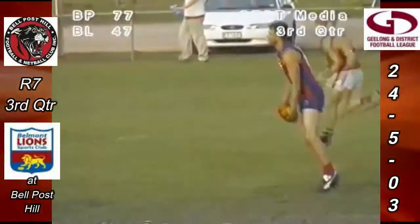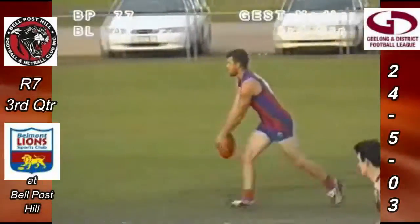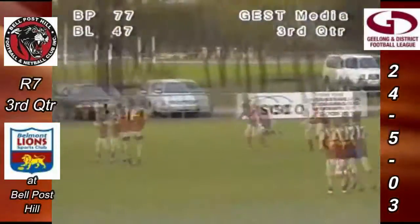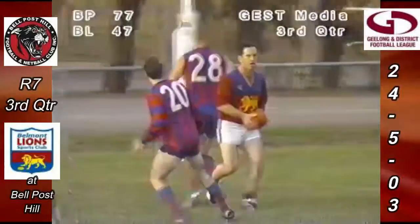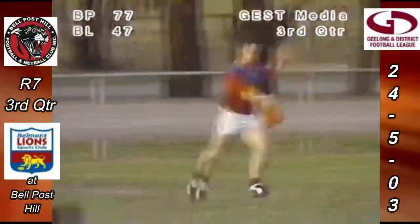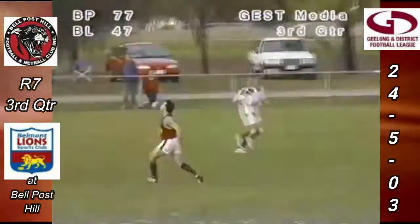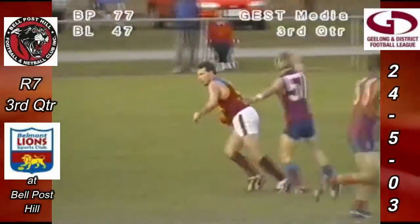He's kicked it short to the centre of the ground where Dyer, running back with the flight of the footy, puts the one arm up and takes the mark. He's gone direct at goal. Simon Connolly going back, but Scotty Mills read it a bit better on that occasion and takes the safe defensive mark in the goal square for Belmont Lions. He's chipped it towards Peter McVilly under pressure, has taken the mark. So McVilly there